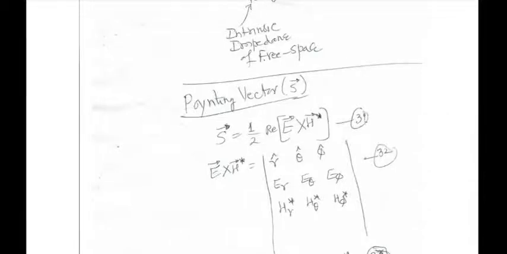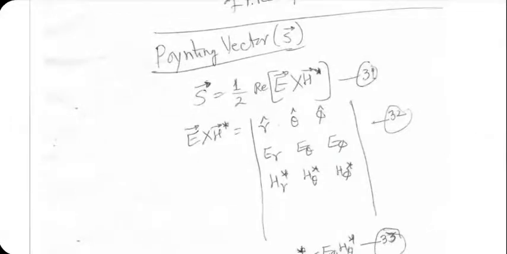And in far field, of course, E R will go to 0, E phi will go to 0, H R would go to 0, H theta would go to 0. Only E theta and H phi would survive in the far field. So you can see that only S R will be there. That's a given anyway. The interesting thing to remember is that the Poynting vector has only an R component even in the near field, of course in the far field also. And the value of that component is given by this complicated formula that nobody in the world, I think, can remember. You have to have it in front of you all the time.